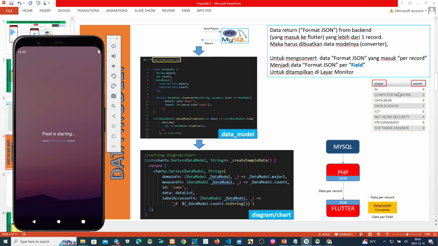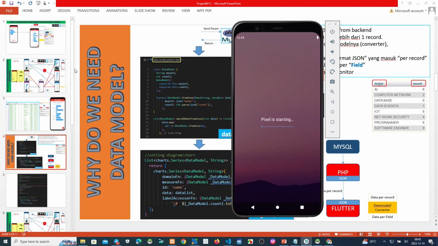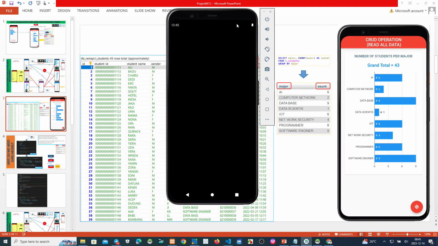This is from a record, this one record, and then we split it field by field. After that, we can use these fields to make the result like this. This is field by field.